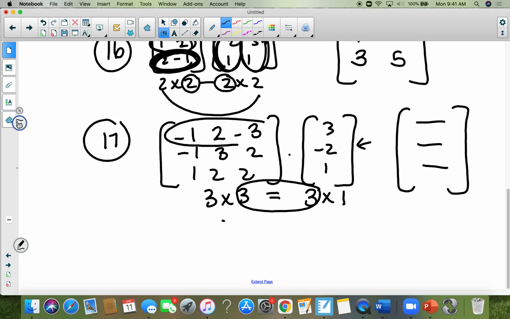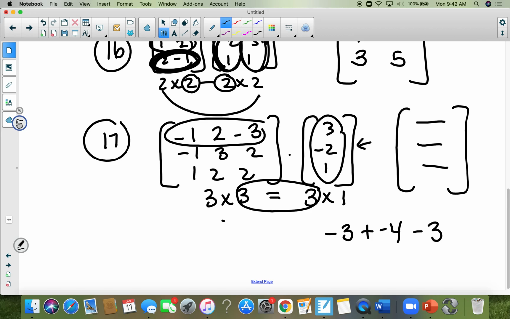So I'm going to do this row and this column, and I'll show my work for the first one, and the rest of them I'm just going to leave. A negative 1 times 3 is a negative 3, plus 2 times a negative 2 is a negative 4. A negative 3 times 1 is a negative 3. And that's why it ends up becoming a negative,